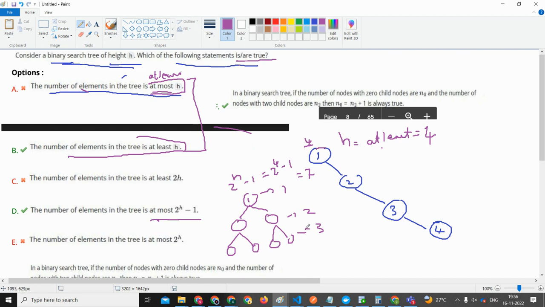No, I'm not talking about that. I am talking about the other one. 1, 2, 3, 4. The right one. So that does not have 7 nodes. That's only having 4 nodes. At most it can have... So if you have a binary tree,